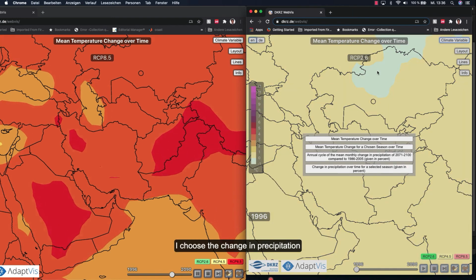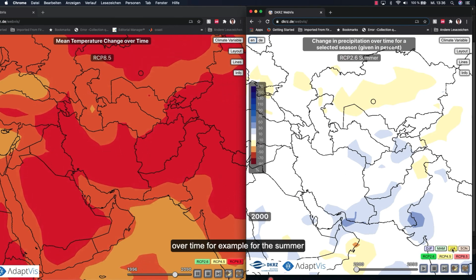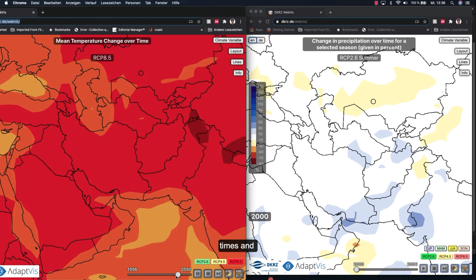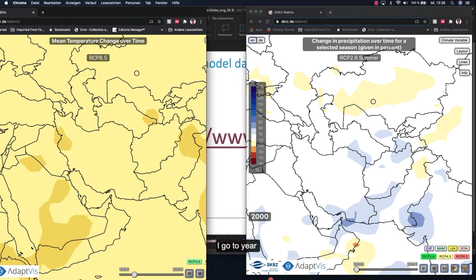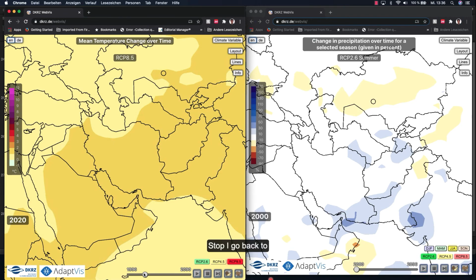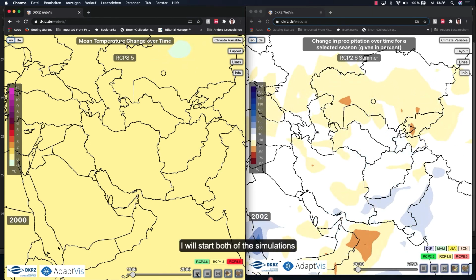I choose the change in precipitation over time, for example, for the summer. And I go to year, let's say, 2000. Stop. Go back to year 2000. So I will start both of the simulations.